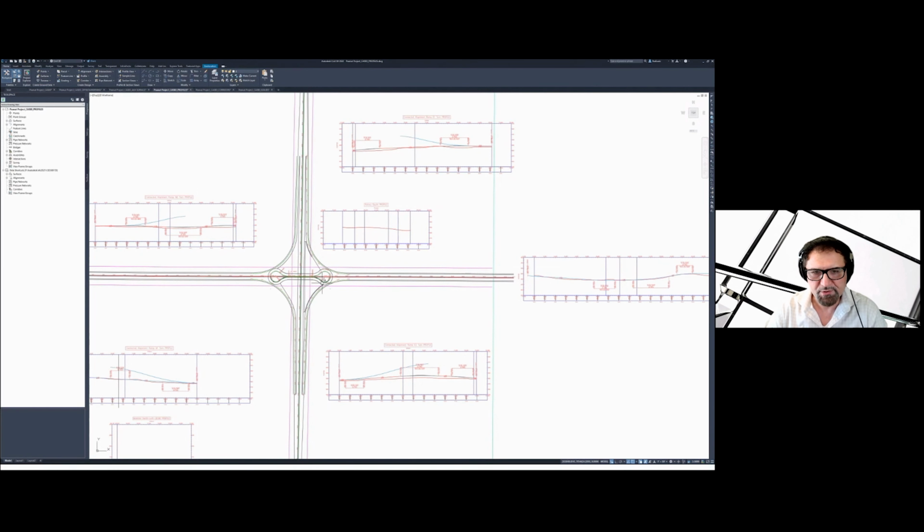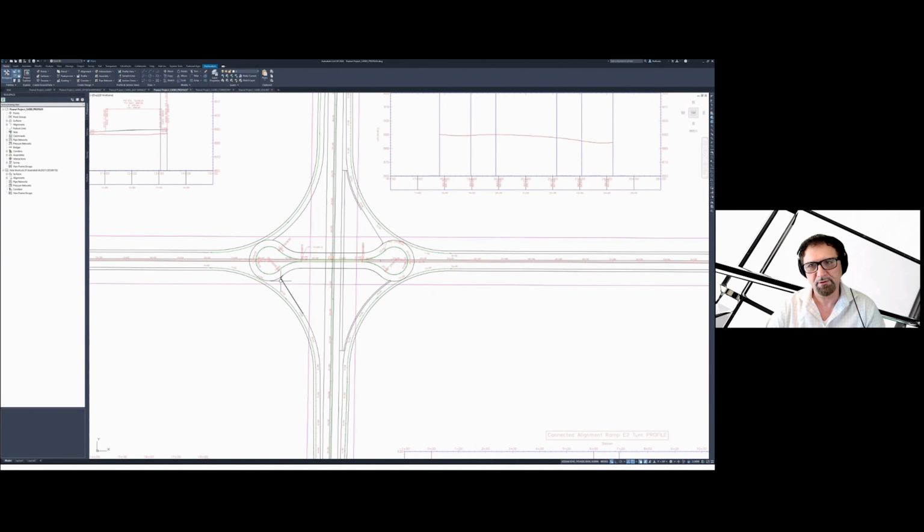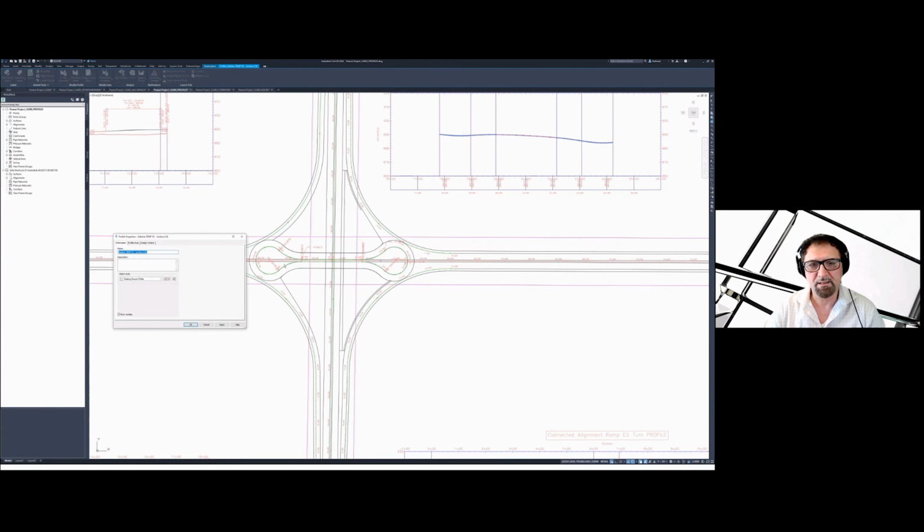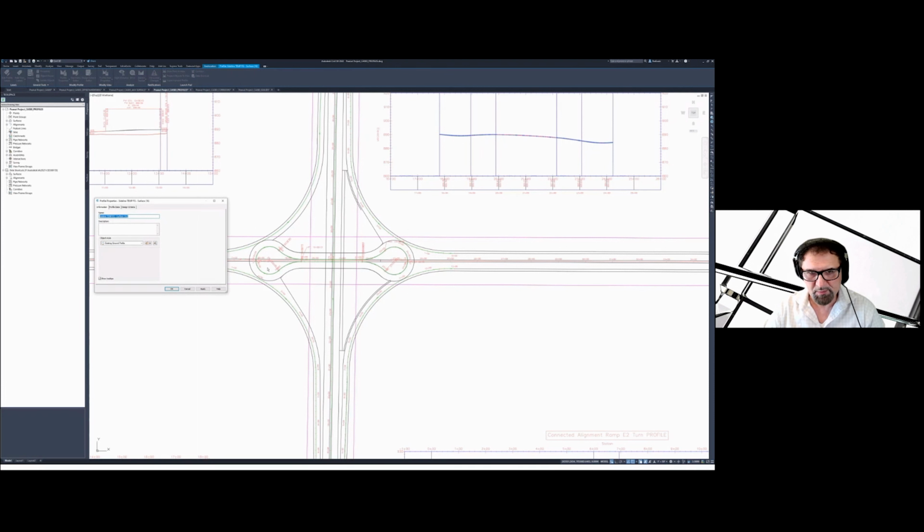rotaries, right? So what happened with rotaries, if you look carefully, the rotaries are basically running on the temporary finish grade surface. I'm going to show you what that profile is. So the temporary finish grade surface that I created from the base simple slope on the pavement and respecting the cross grades, as well as the profile on the sideline.